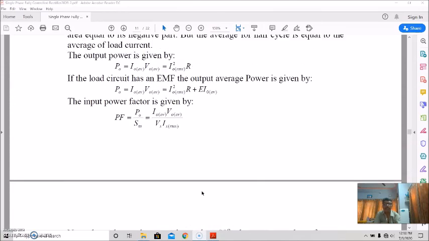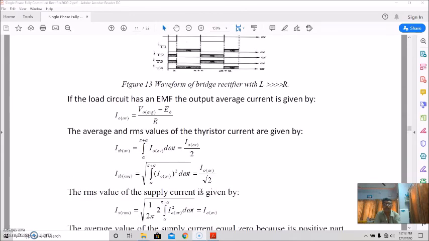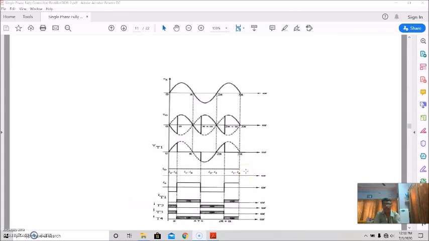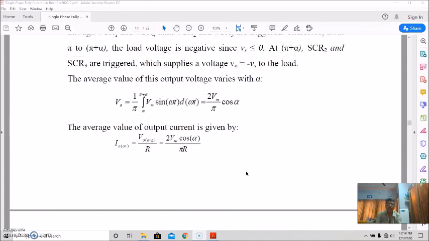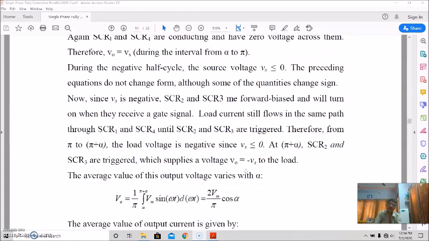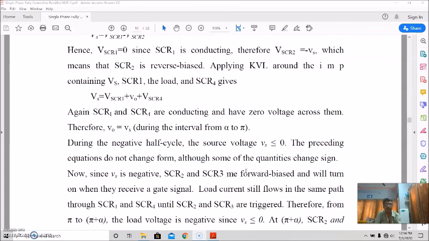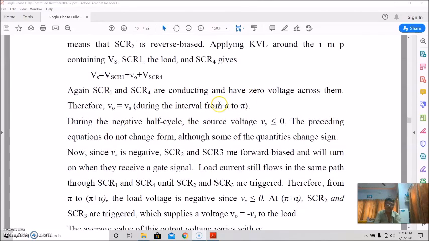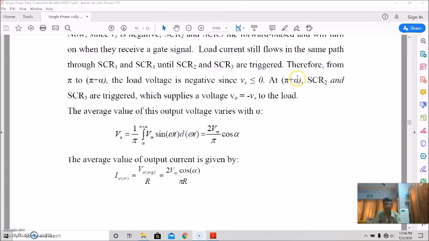So that's about the discussion of single phase bridge rectifier with RL load. And from this discussion we get two points. If L is low, what will be the waveform, and what will be the output voltage and current pattern, that means for a larger delay angle what should be the effect on the output voltage and current. And when L is large, that means the firing angle or delay angle is very small, in that case we'll get more or less continuous output current with this bridge rectifier.